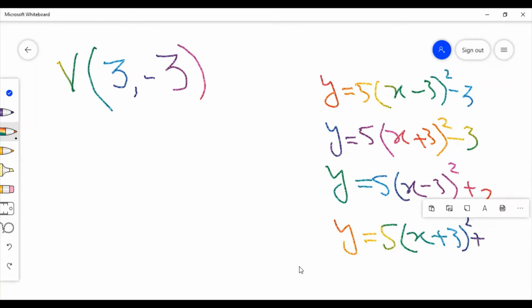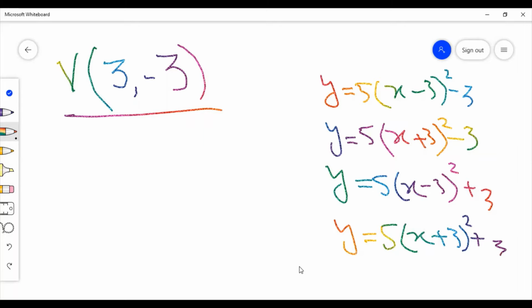So which equation is the best fit for this vertex? So what is that choice? So 3, 3, so that's not it. Now let's see. First of all, when you are attempting these types of questions,